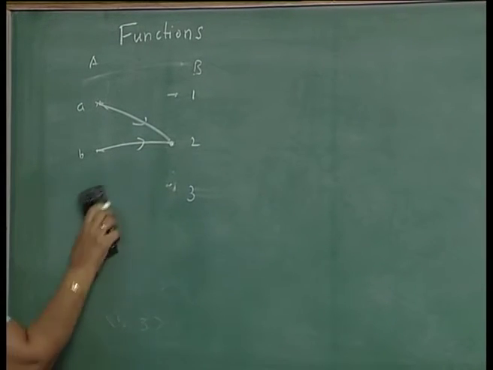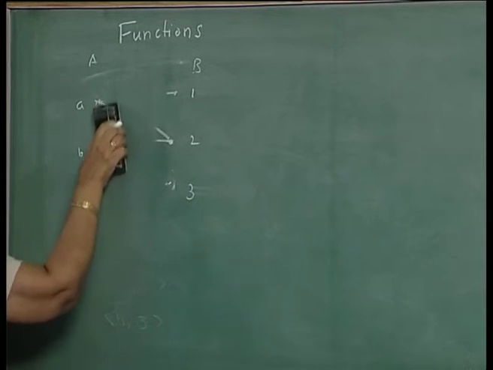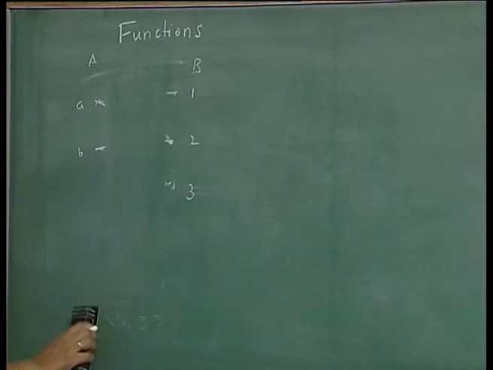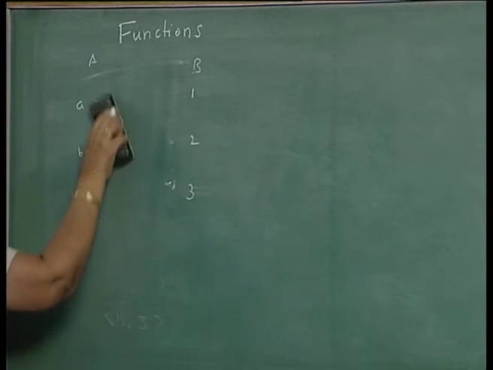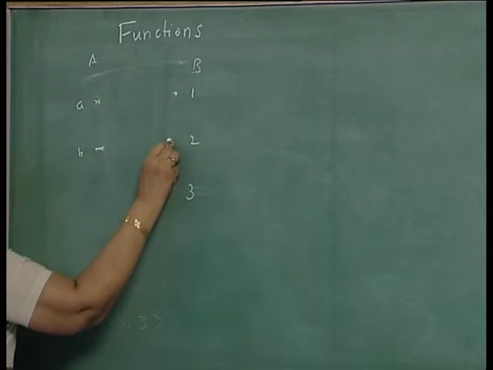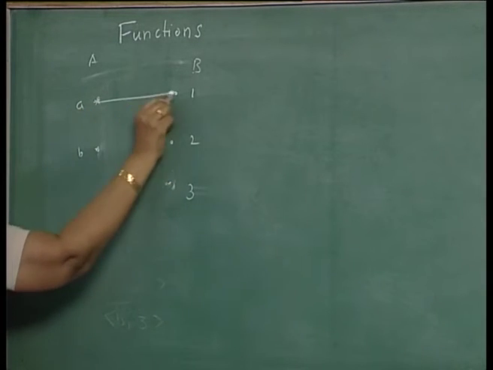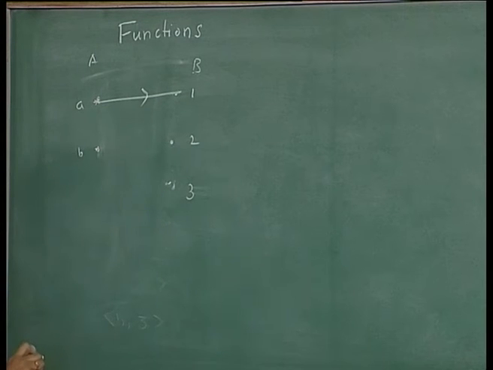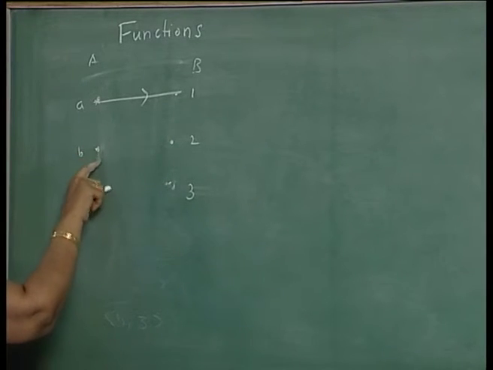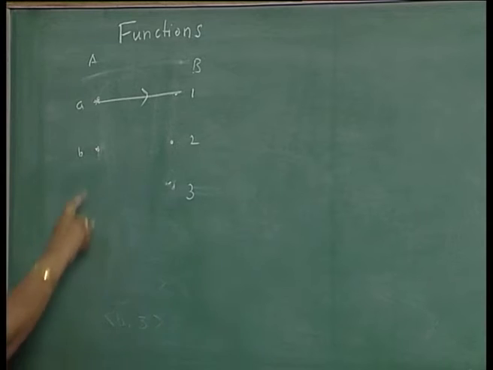What are not examples of function? Look at this, the same set where A consists of two elements a and b, and B consists of 3 elements 1, 2, 3. Now, if I define like this, this is not an example of a function, because for b we do not have a map at all. Only a occurs as the first component of an ordered pair. For b we do not have anything. So, this is not a function.